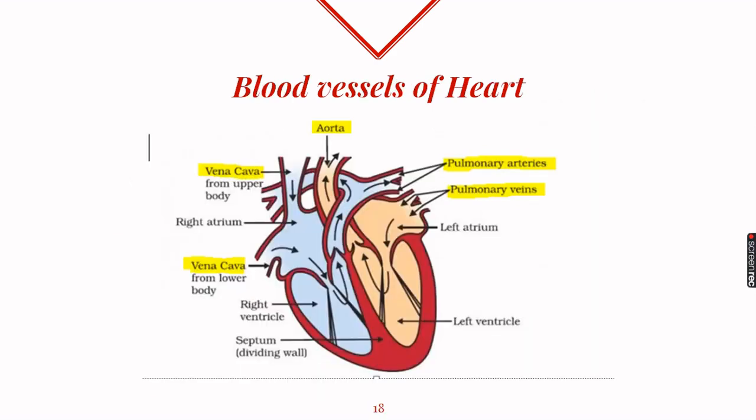Let's now quickly revise all the blood vessels which are linked with the heart. The first blood vessel is vena cava. Superior vena cava is bringing blood from the upper part of the body, and inferior vena cava is bringing blood from the lower part of the body, and this is deoxygenated blood. So the first blood vessel is vena cava, which is bringing deoxygenated blood into the right atrium, from where it goes